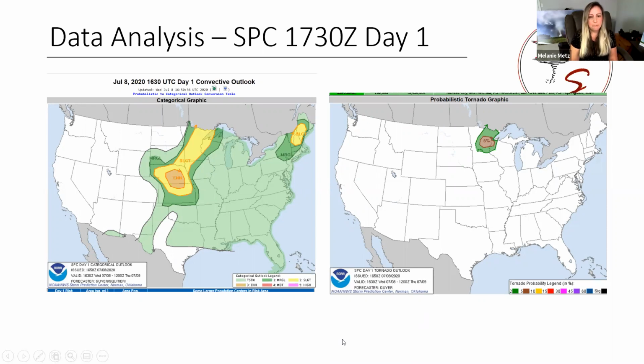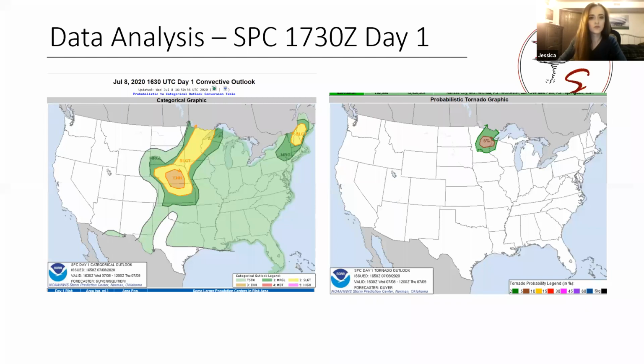This is the day. And in the morning, by 11:30, 1630Z, the Storm Prediction Center upgraded the risk to an enhanced risk for severe weather down in Nebraska. If you just looked at that, you would think you might want to chase in Nebraska. However, that enhanced risk was more for hail and strong winds, whereas they changed the tornado graphic quite a bit based on the environmental parameters and didn't even have that 2% anymore down in Nebraska. But it's interesting to note there actually were some tornadoes down there in Nebraska as well.